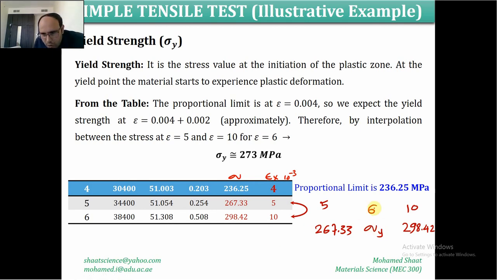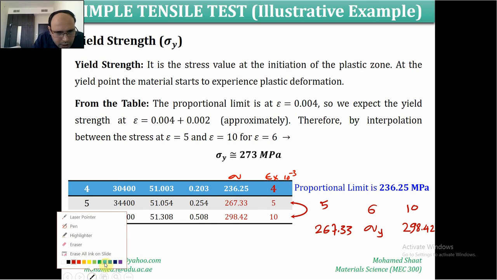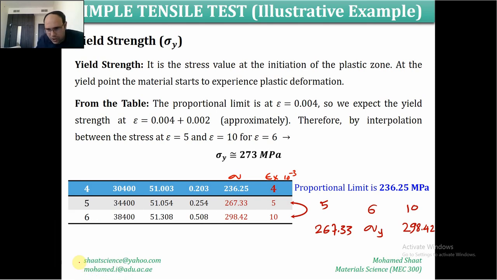The stress at the strain equals 6 definitely is going to give us the yield strength that we are seeking. So simply, we can determine this yield strength by interpolation, if you just measure the difference between these two values, divided by this difference, it means that we can simply say that 6 negative